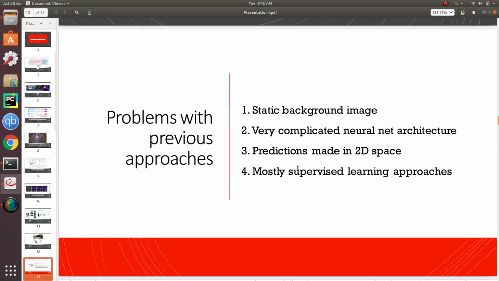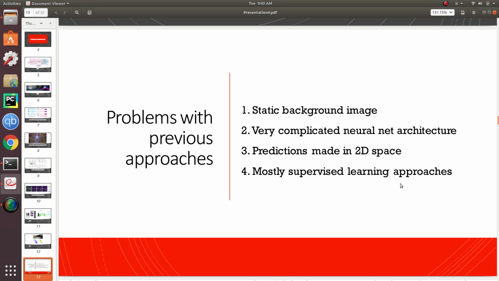Okay, so that was basically a summary of the literature that we have so far on trajectory prediction for advanced driving assistance systems. And so there are some problems with these approaches. So one problem was that many of these approaches, I actually only picked a handful of papers to discuss in my presentation, but in my actual master thesis document, I do a very detailed discussion of a lot of methods that were used to do trajectory prediction, and almost all of those methods actually work with a static